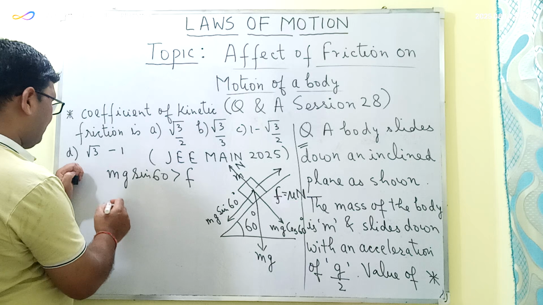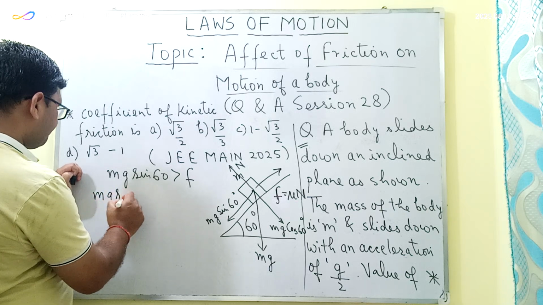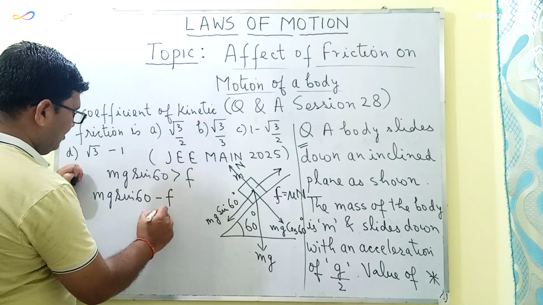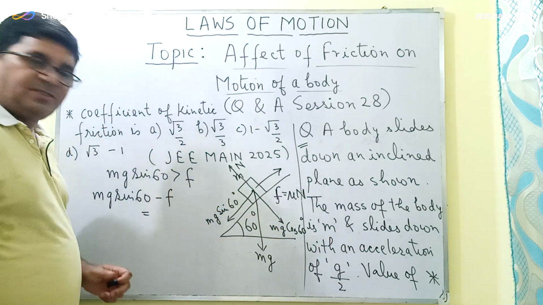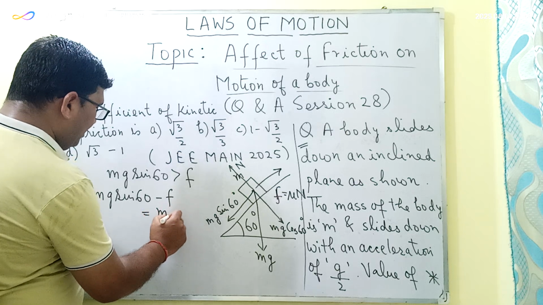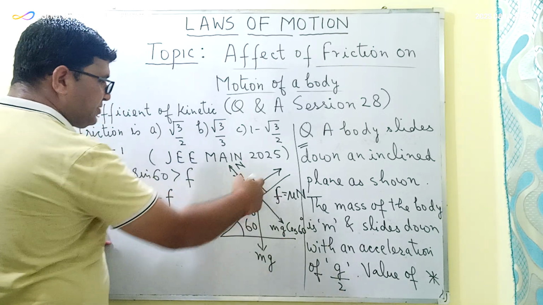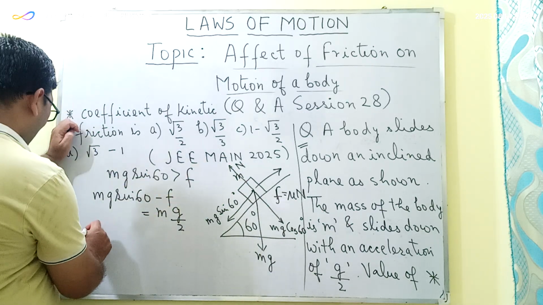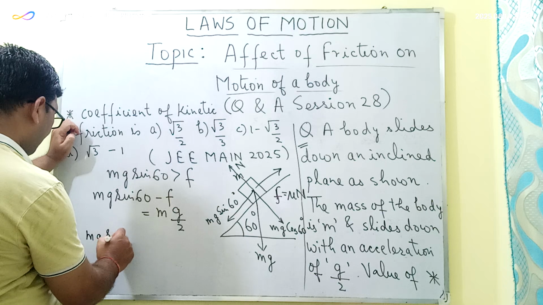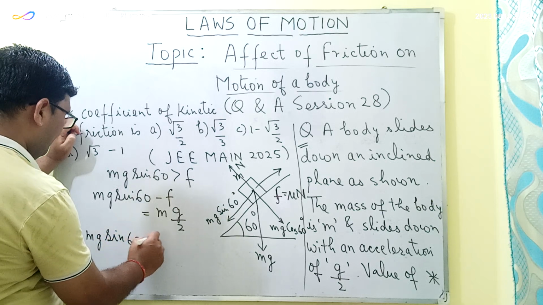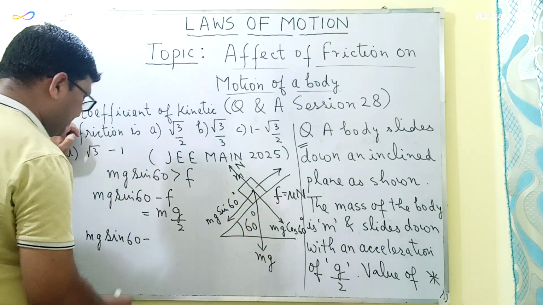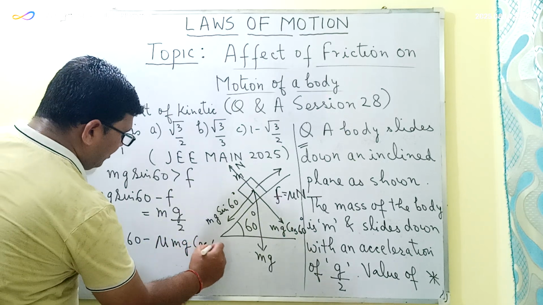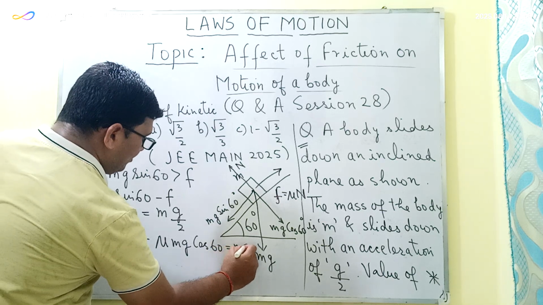So the net force acting on this body will be equal to mg sin 60 minus F, and this will be equal to force is equal to mass into acceleration. This is equal to m into acceleration. Now the acceleration of this body is equal to g by 2. Now here F is equal to mu N. So I will be substituting the value of N as mg cos 60. So this will be equal to mu mg cos 60, and this is equal to mg